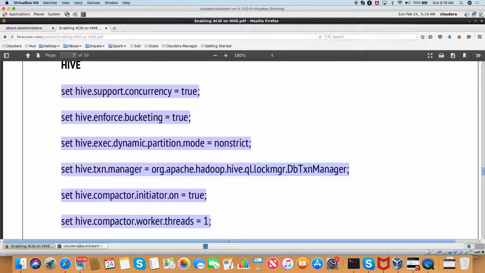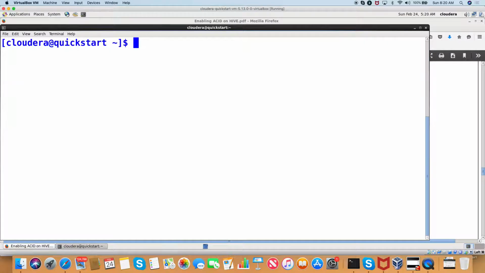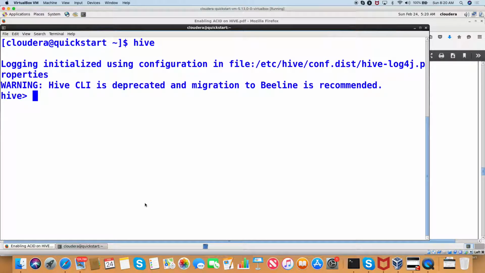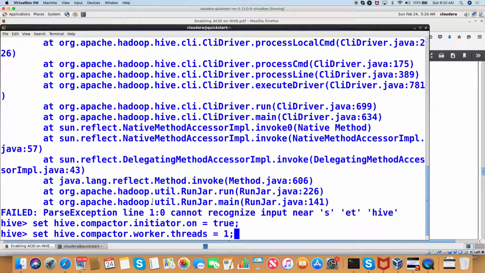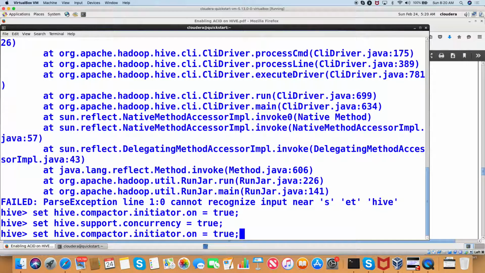Okay. So right click, copy, and then go back to your prompt, start Hive. Don't forget, please don't type it on the command prompt. Nothing will happen, right? So start your Hive and then right click and paste all those 5 properties. When you are copying it, make sure that the S is not missing. So what I'm going to do, I'm going to do it one by one. set hive.support.concurrency=true. That is the first command, and then